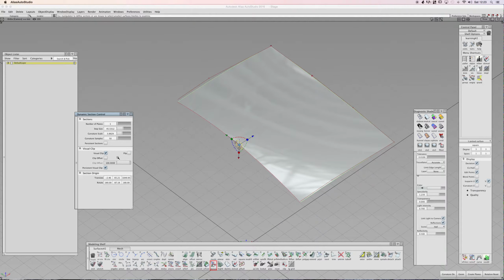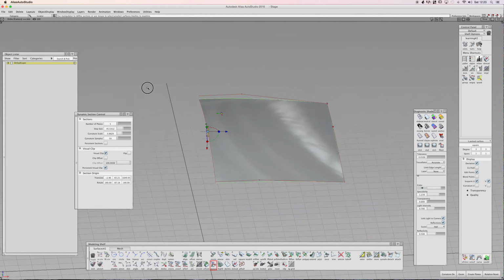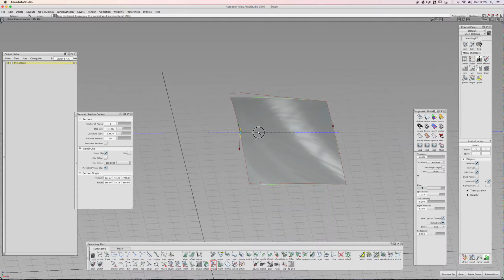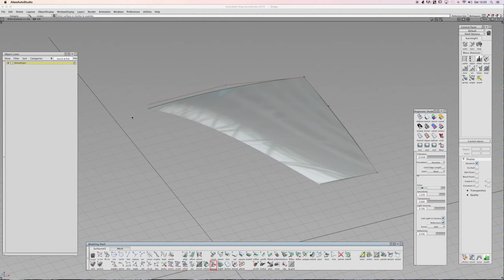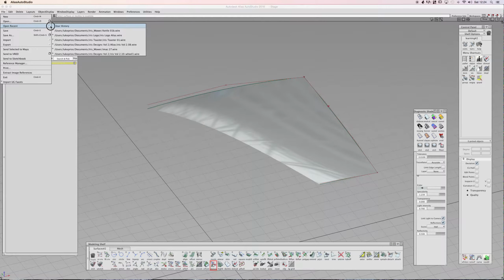Right, it's doing it now. I don't know, just clicking that button seemed to refresh it. So doing a cross section, you can literally drag this widget, you can rotate it, and you can find out what your cross sections are doing across that tool, which is quite handy. So if I do File, Open Recent, if I open my